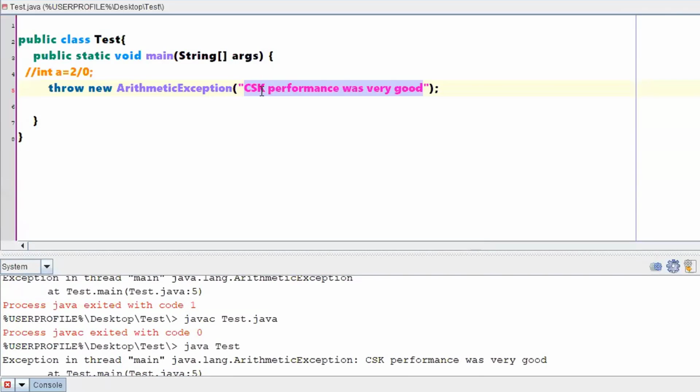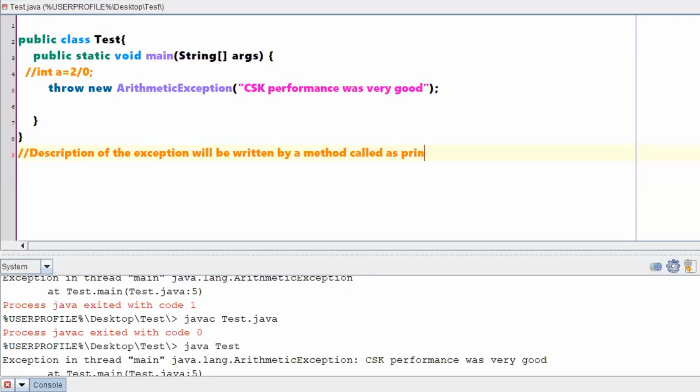Now all these descriptions, right? After the exception, you will be having some description for the exception. The description of the exception will be written by a method called printStackTrace. So where exactly is this method? This method is there from